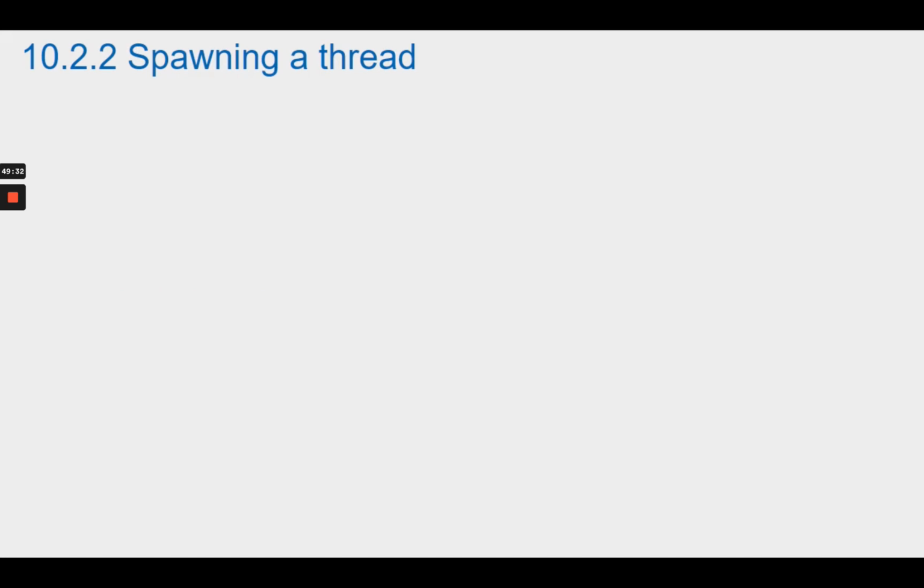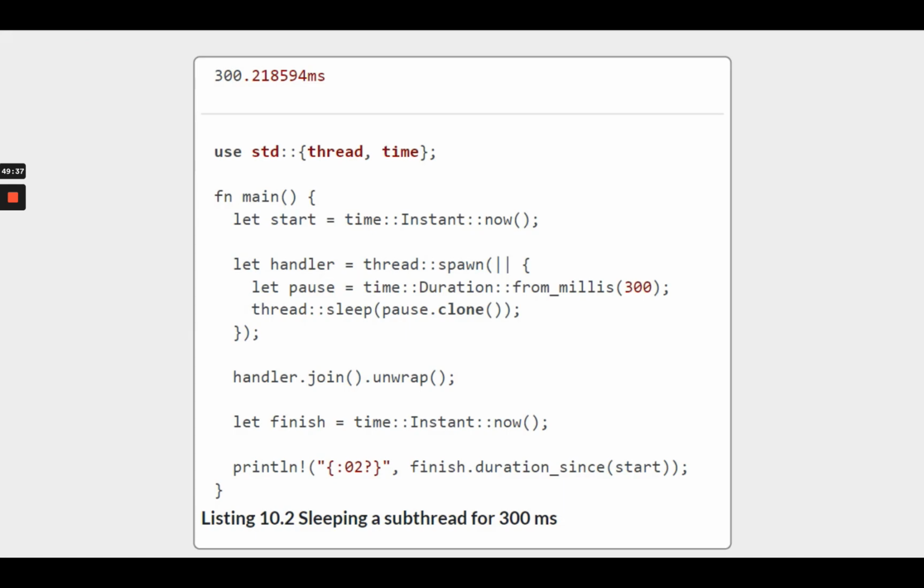Section 10.2.2. Spawning a thread. A simple task waits, sleeping the CPU for 300 milliseconds. If you have a 3 GHz CPU, you're getting it to rest for nearly 1 billion cycles. Those electrons will be very relieved. When executed,